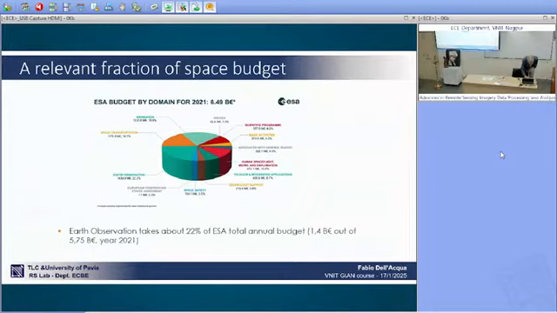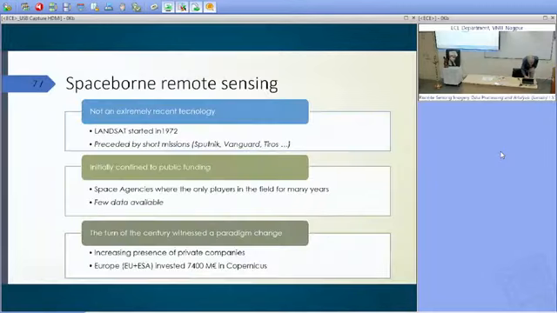Let alone, no problem. Okay, the situation started changing. I probably lost that slide. I don't know why. Anyway, the situation started changing for a number of reasons. Started changing because the space technology got cheaper, especially